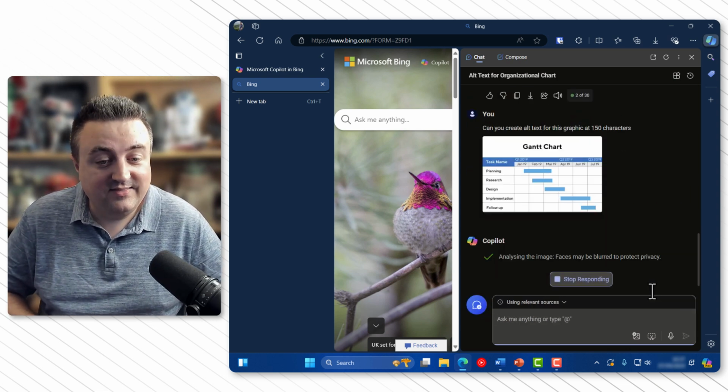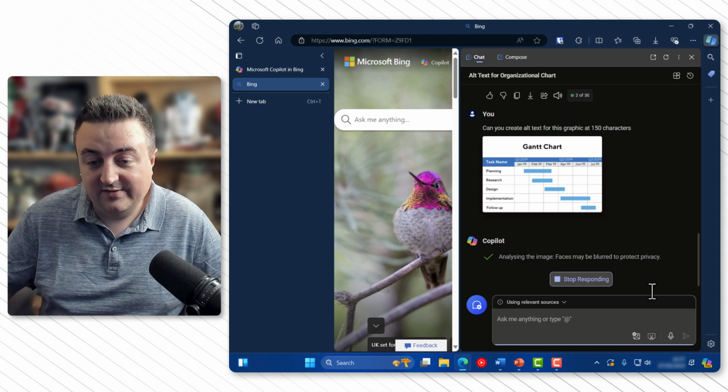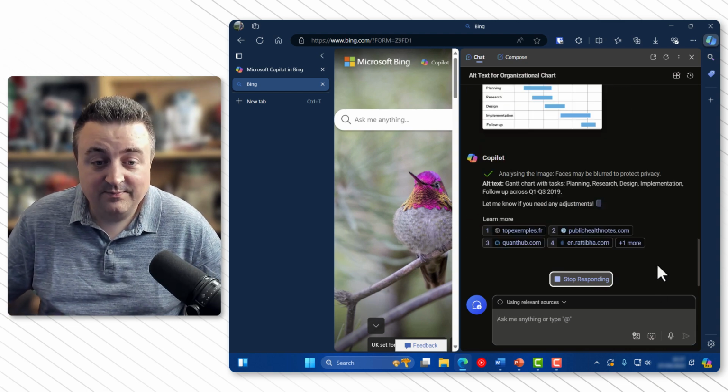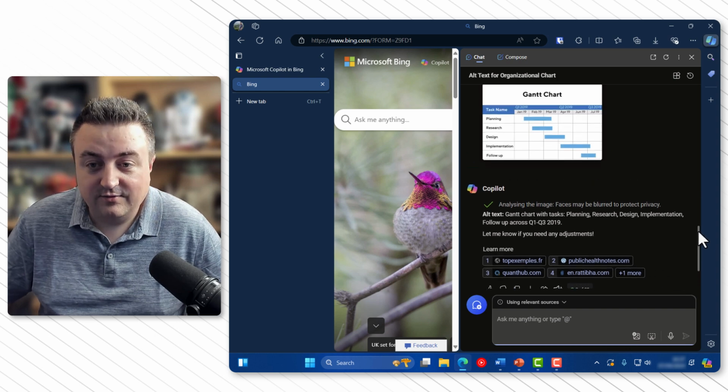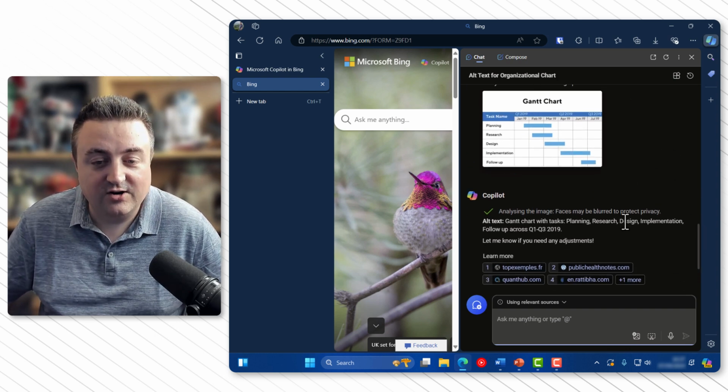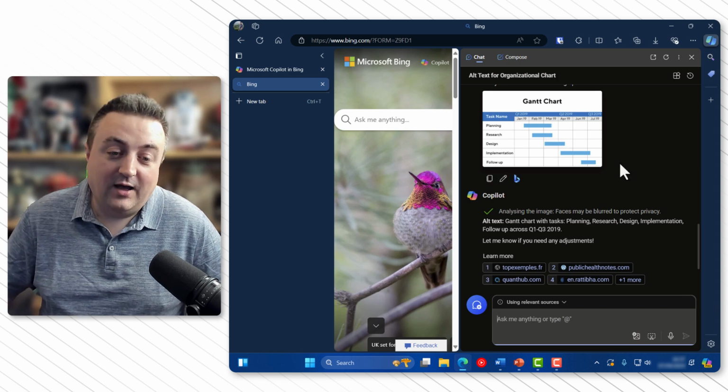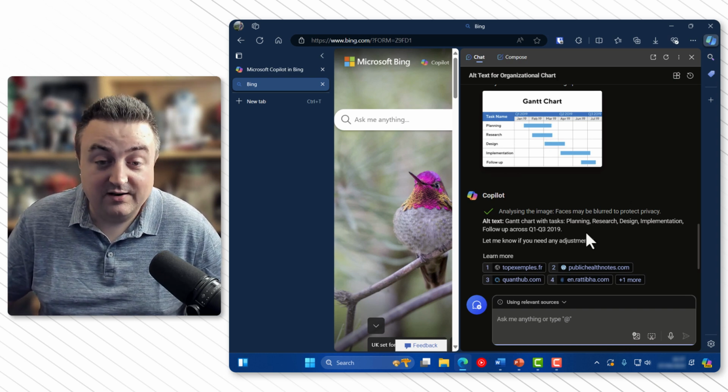It's now analyzing the image, and it usually only takes about 10 seconds. And here we go. A Gantt chart with tasks. So let's double check. Yes, it's a Gantt chart with tasks. And look at this. Planning, research, design, implementation, and follow-up. And it says it goes across from the first quarter to the third quarter of 2019. I couldn't have done it better myself, really.